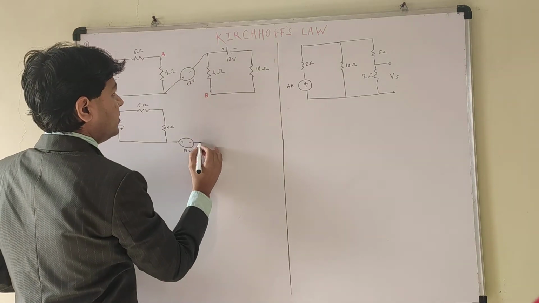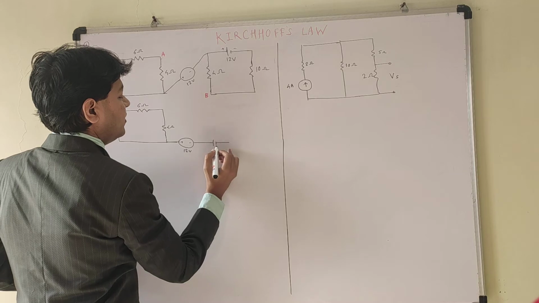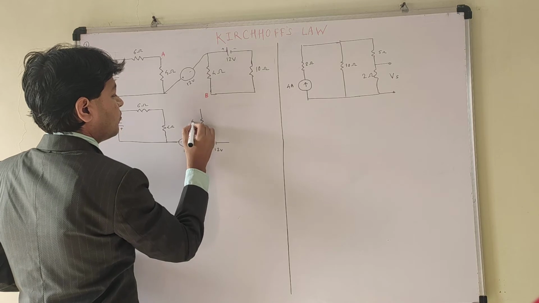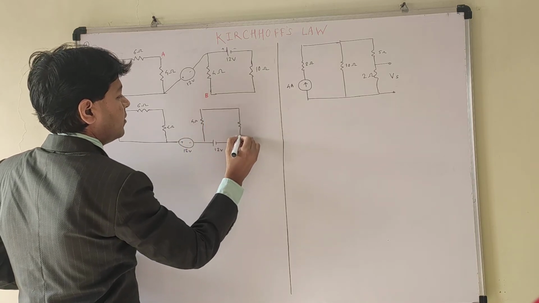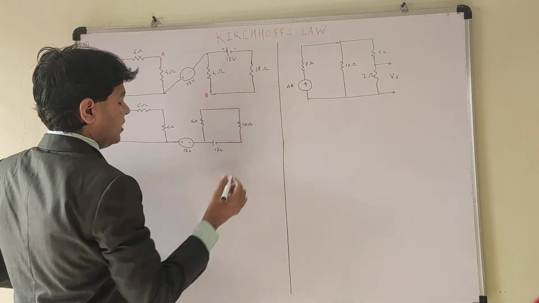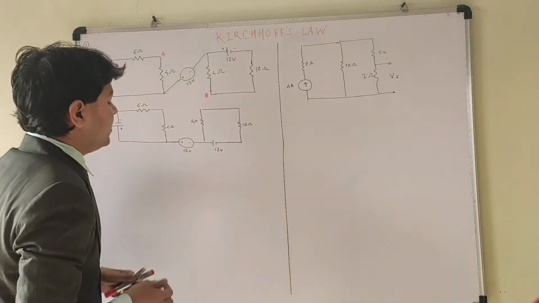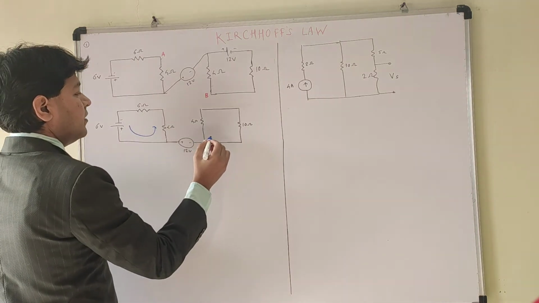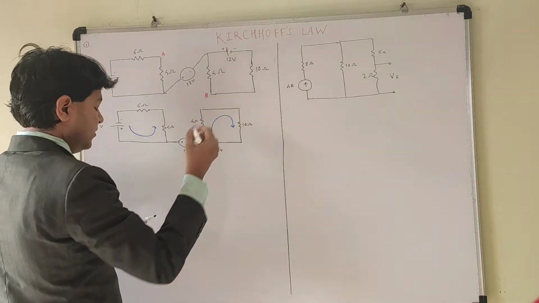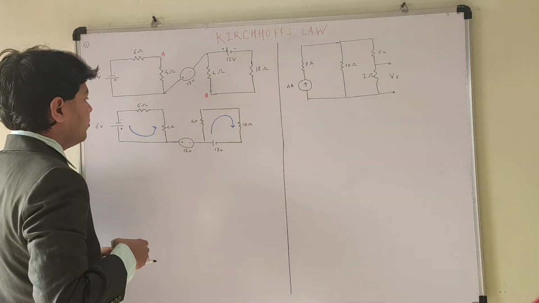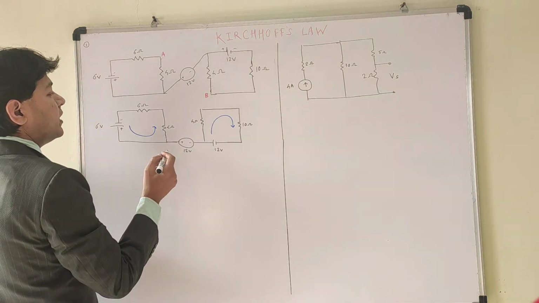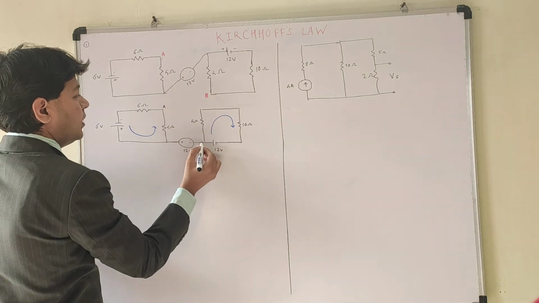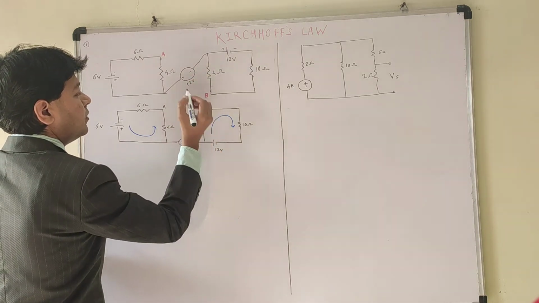This is positive to negative 12 volt. Now I am opposing this circuit, so the 12 volt will be as it is. 4 ohm is like this, and 10 ohm is like this. Now we see the current flowing through this circuit in this direction, and for this case in this direction. We again have to calculate the voltage across this A to this B. So this A, 4 ohm, 12 volt, and this 4 ohm, and this is your B.